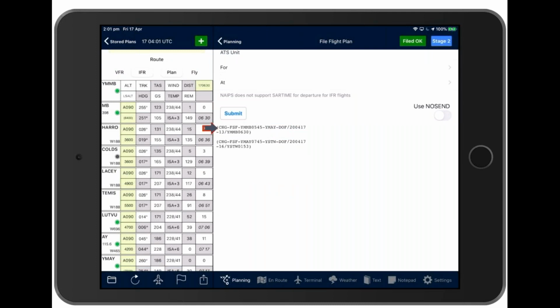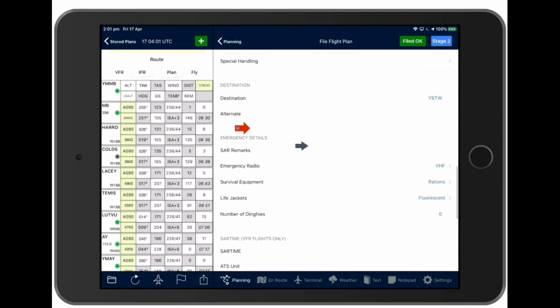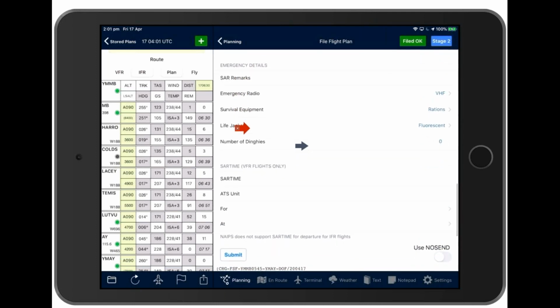So now we've been accepted as a change. There's our call sign, and we've changed our departure time. From that. So yes, it's very simple to make changes